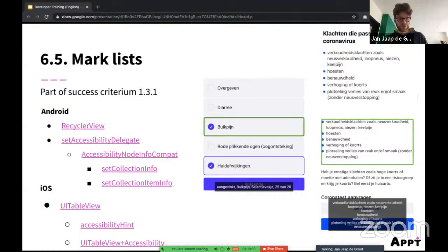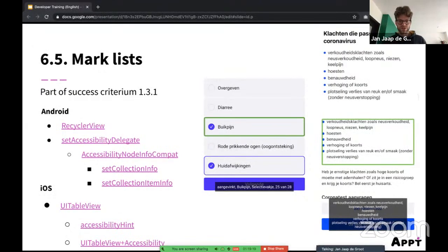But it's a good point that people can turn off the hint. So if the information is really important, do not put it in the hint. But if it's secondary, so maybe it can be useful or maybe not, then I think it's a good spot to use the hint.